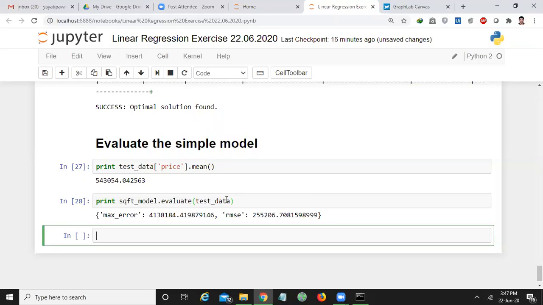Then only you'll get the idea how accurately your model has been trained. So what is the difference between the mean of the price of the test data and RMSE? Almost 3 lakhs. Okay. So let us check the convergence graphically.